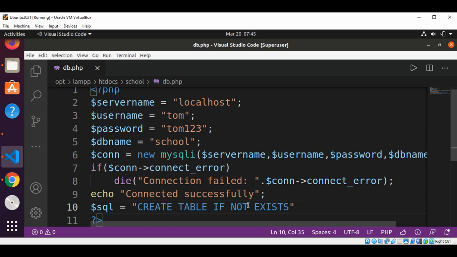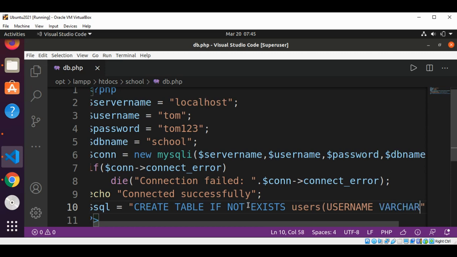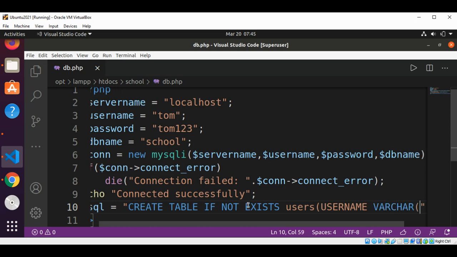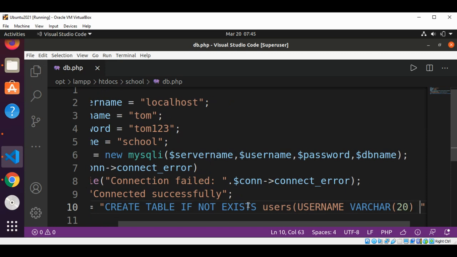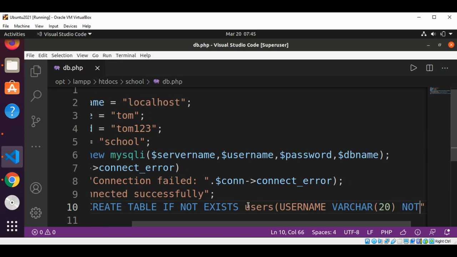Table name will be users, and user will have a username field, type varchar, size of 20, not null,